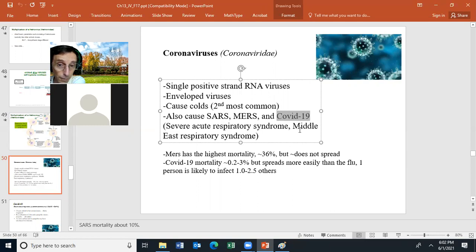But it does spread more easily than the flu. So COVID-19 spreads very easily. In general, when one person comes down with COVID-19, if they're around unvaccinated or unimmunized people, they are likely to infect 1 to 2.5 other people. And that is why COVID-19 spread so rapidly, as well as the fact that there are a large number of